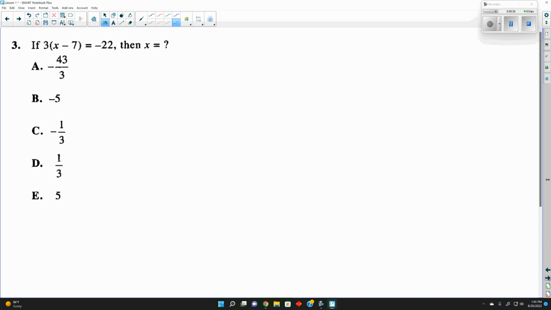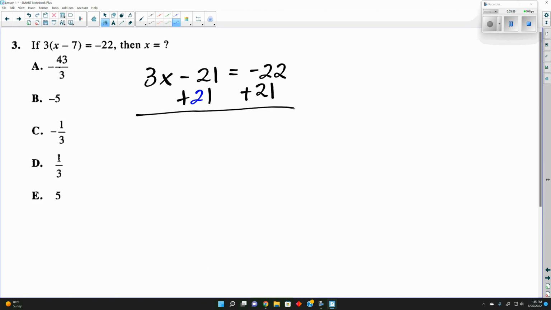Do we want to look at number 30? Okay, what would we do first? We distribute, so we do 3 times x, which is 3x, and 3 times negative 7. We can add 21 to both sides, which tells us that 3x equals, and we have to divide by 3, which would be,